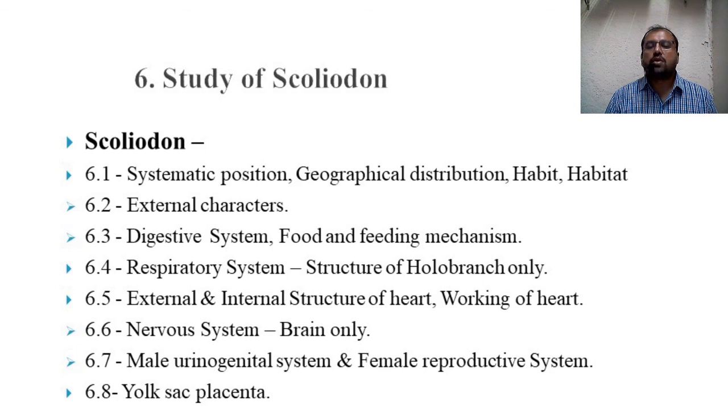This is a similar type study to what you have studied in first year, like the paramecium. You have studied the paramecium, then you have studied the earthworm, and again you have studied the starfish. So similarly, this Scoliodon is the type study animal that belongs to the class Pisces. So this is all about your syllabus of animal diversity third.